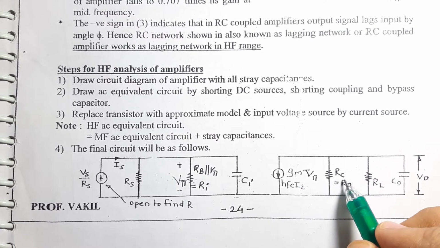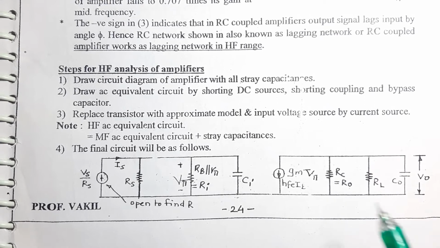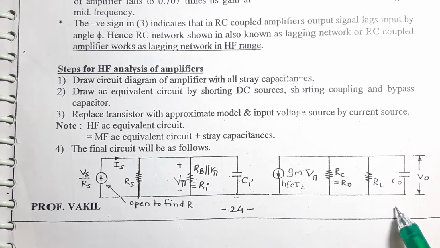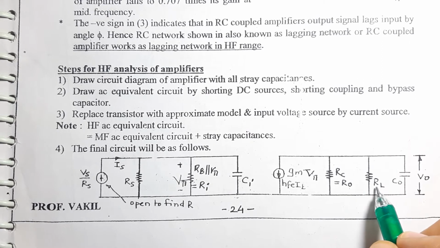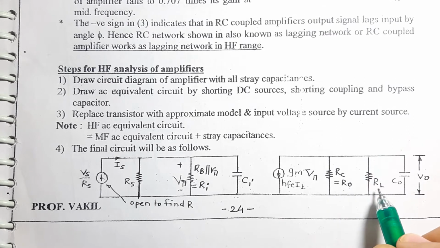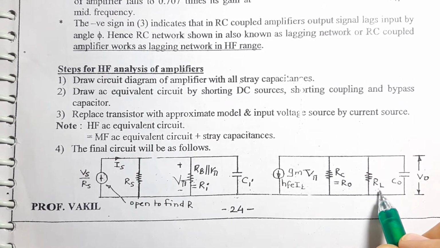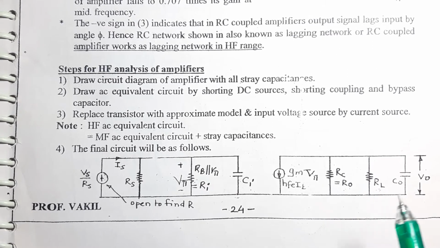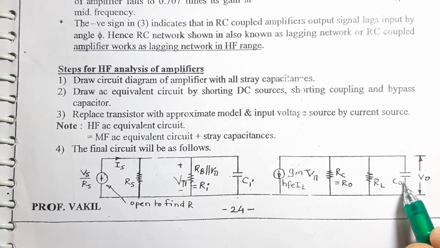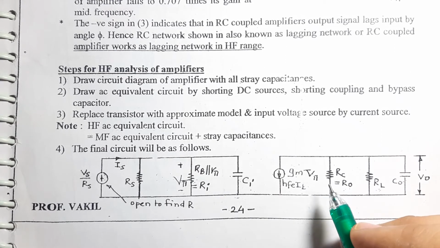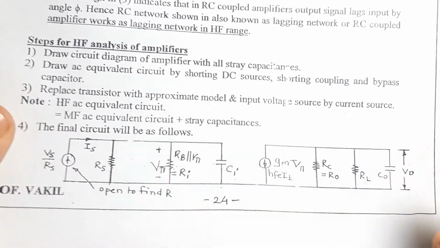Now over here you have RC which is equal to Ro, and your RL, which if you take an impedance over here, is nothing but your Zo dash, which will be RL parallel Ro. If RL is present, your output current flows through RL. If RL is not present, your output current flows through RC over here. This capacitor mentioned over here, Co, can be either drawn over here or drawn on the inside also. So there is no hard rule about where you want to draw it.